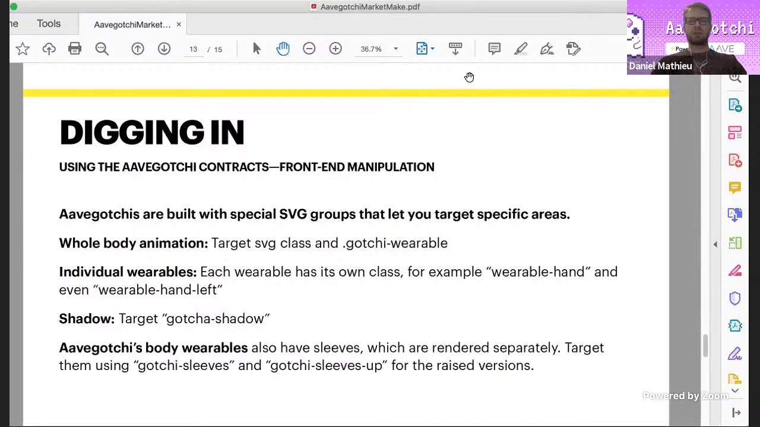We've covered a couple little use cases. Basically, that's the bare bones, the methods that you would want to use as a developer. You'll want to get the Aavegotchi, interact with it a little bit, equip some wearables, and then we get into a more interesting part of the development process, which is manipulating the